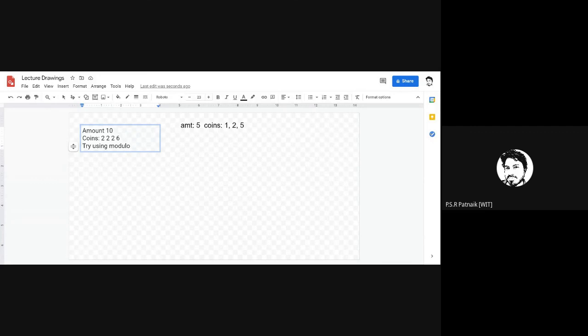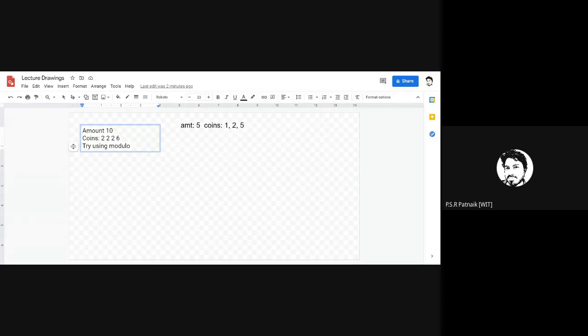What Mohammed says is amount modulo coins minus 1. If you do a modulo, you have to pass the quotient, not the remainder, if the remainder is 0. Yeah, I think you need not subtract. I think there is a quotient operator in Python as well. If you just use slash, I think you have to use that quotient. There is a quotient operator as well. Check the quotient as well. I think that will definitely work.